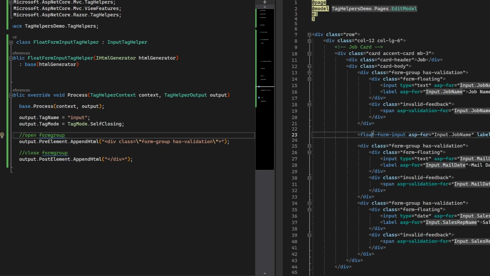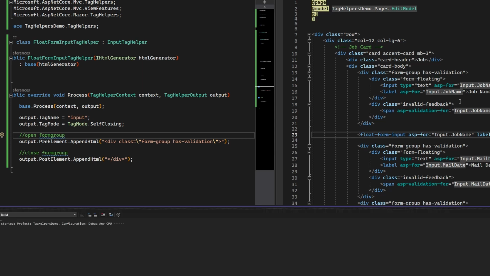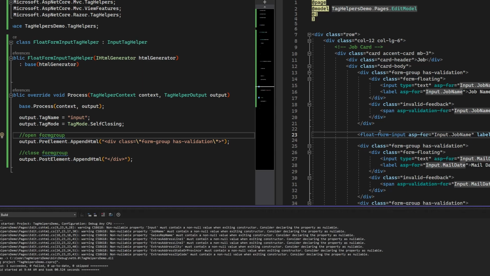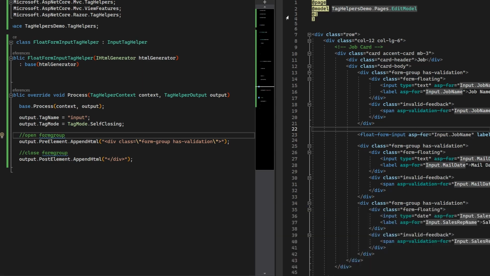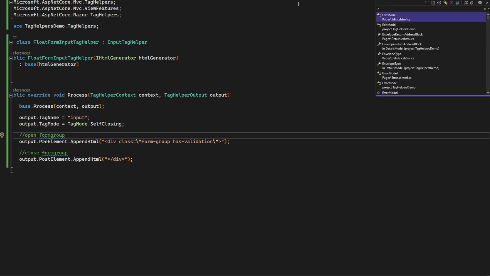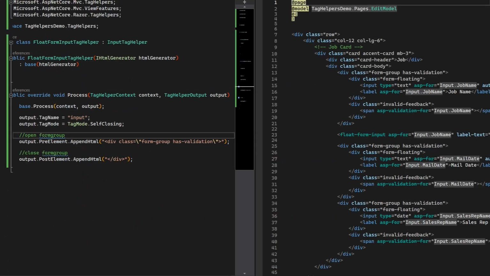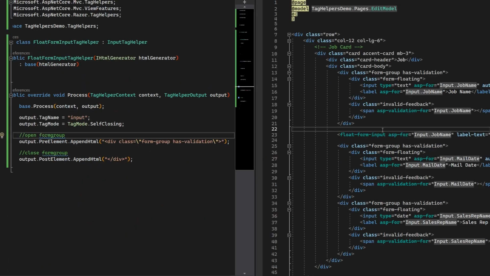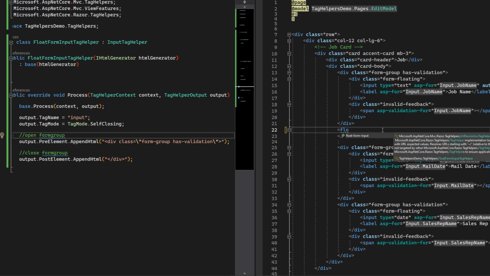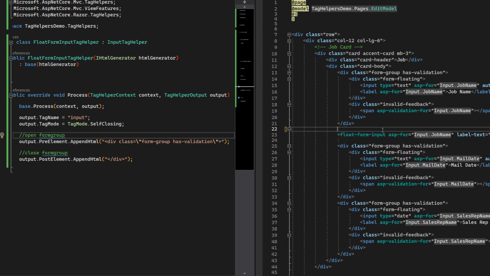We'll come back here, still not seeing it. We'll recompile. And sometimes we may have to close and reopen. And sure enough, there we go. Okay, so now whenever we go to type, we'll see all of our tag helpers. Right now, we just have our one, but that's great. So now it understands that's our tag helper. So when we run this,